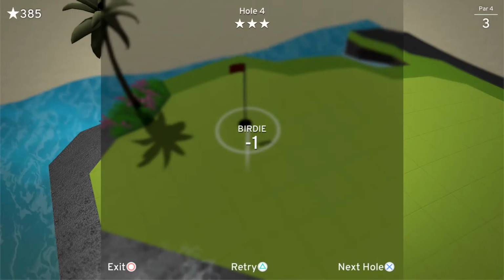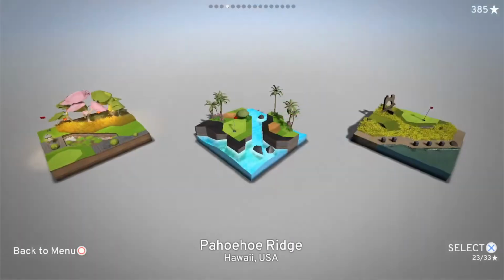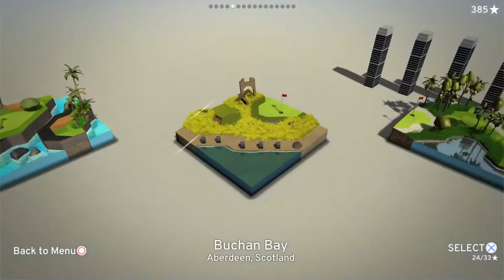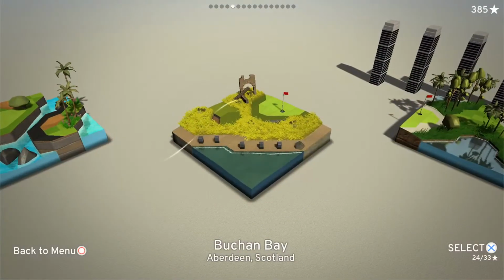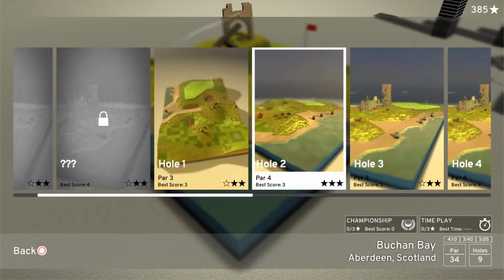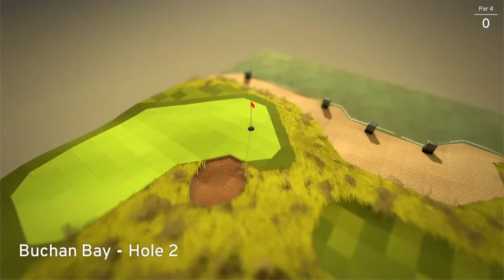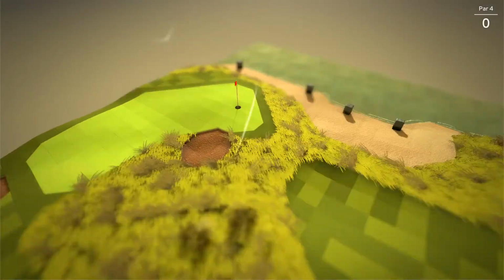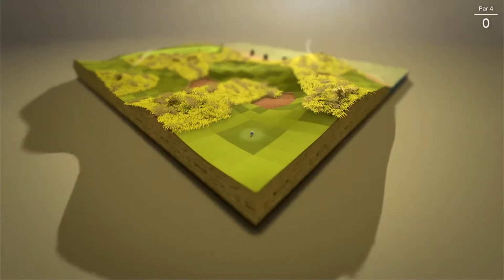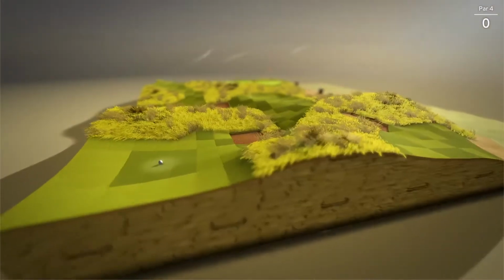Alright, so this is Hawaii. We'll now continue our golfing journey and go to another shoreline, but this one in Scotland. Some would say it is the birthplace of golf. It certainly is a very beautiful destination, one of my all-time favorites, because we've got nice wind and grass that